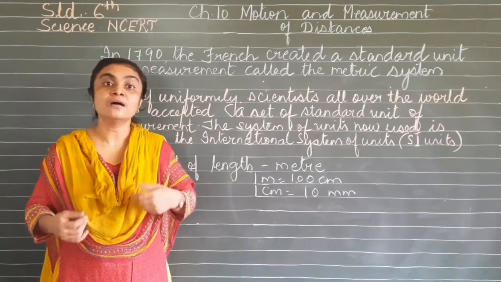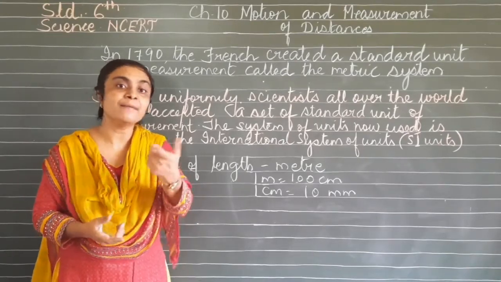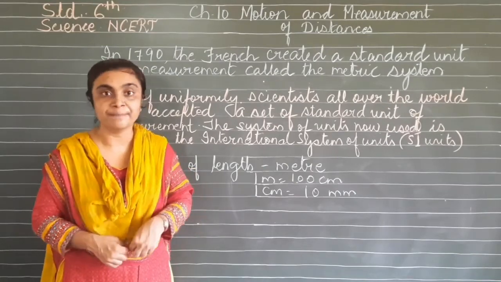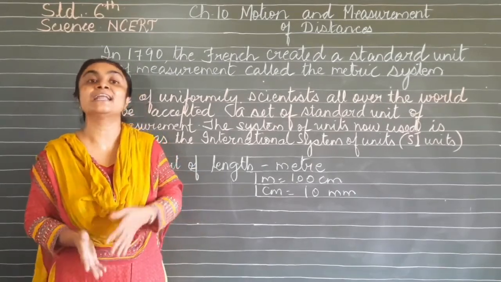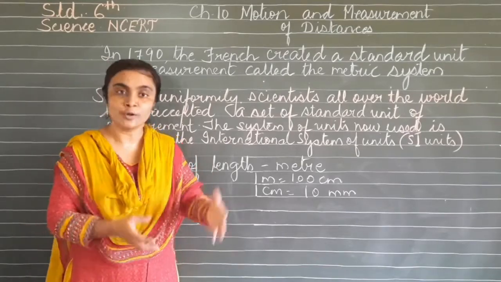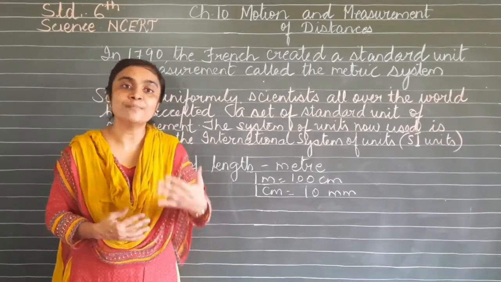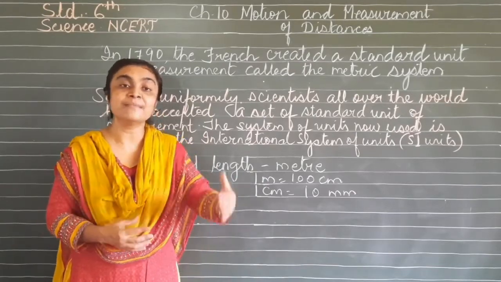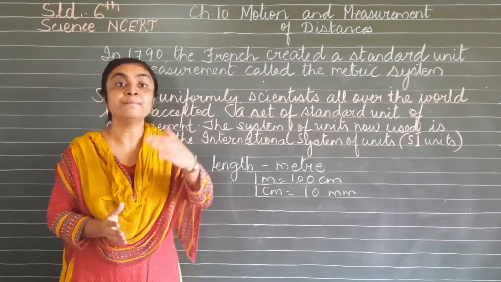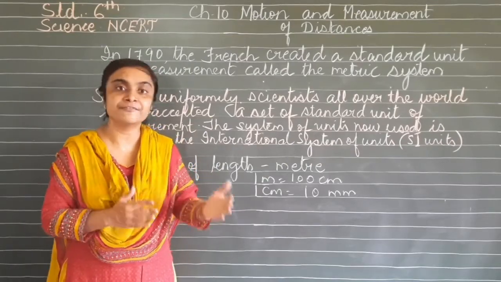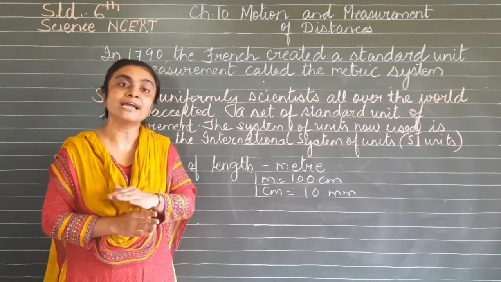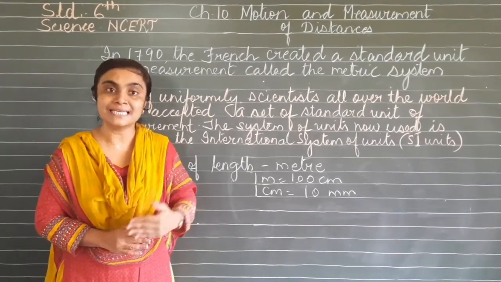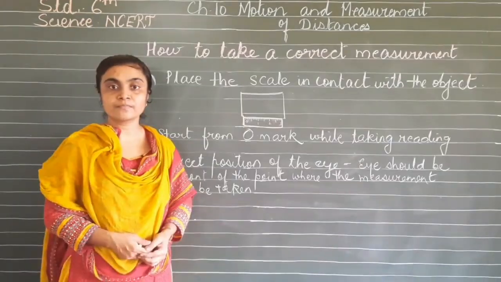We cannot use a measuring tape to measure a pencil. We cannot use a meter rod to measure our body parts. So particular devices are there to measure different objects. We will see how to measure a particular object. There are some proper methods in which we get a perfect reading. If the reading is different, we will not get a perfect reading. So we will see the different methods in the next topic.